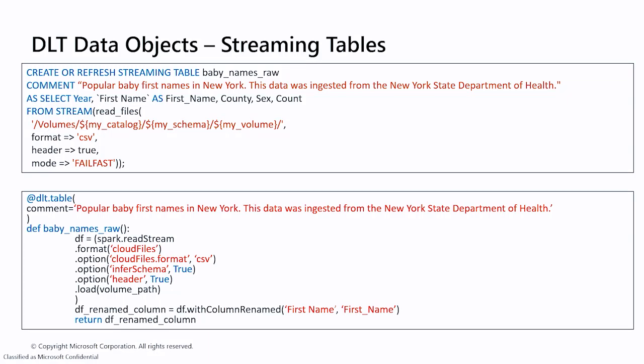Streaming tables are the agile agents in our data mystery, processing each record exactly once and ensuring data freshness with low latency. They are perfect for handling continuously growing data sets, making them ideal for ingestion workloads. In this example, we're providing both SQL and Python options to create streaming tables.